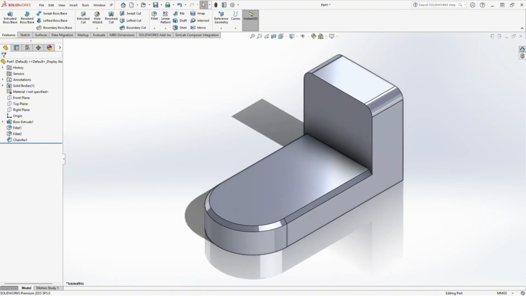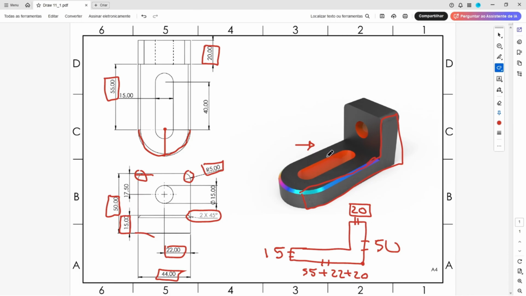And now we need to create a cut. So we will create this slot here. Okay, this slot, the distance between the centers is 40 millimeters, and the distance between this line here and this one is 15. And this arc is concentric with this one. Okay,